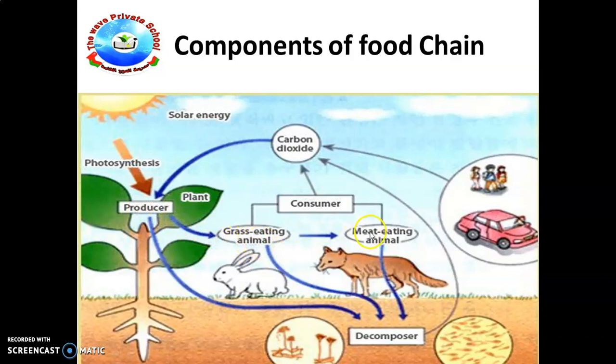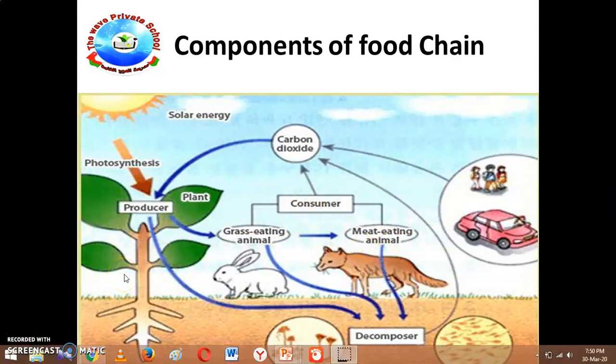And here the herbivores are eaten by the secondary consumers, those are called carnivores. In each and every food chain, if we count the number of organisms at different positions in a food chain, we usually find that there are more plants than animals and more herbivores than carnivores. We can show this by drawing